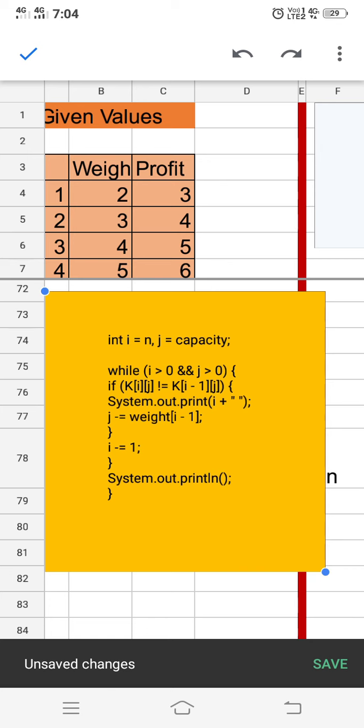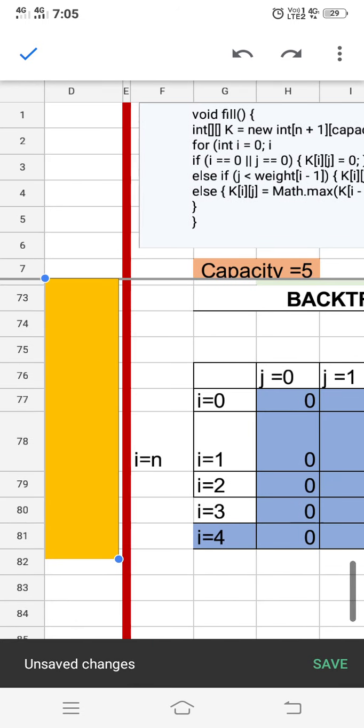So that object will be occupying the knapsack by the capacity j value. So I have to search for the other objects with the remaining capacity, after subtracting, that is j equals j minus weight of i. So only the j value, that is the capacity, is decreased by the current value of j minus the weight of the object which I have selected. Then similarly I will decrement the i value. This is the logic which we have considered.